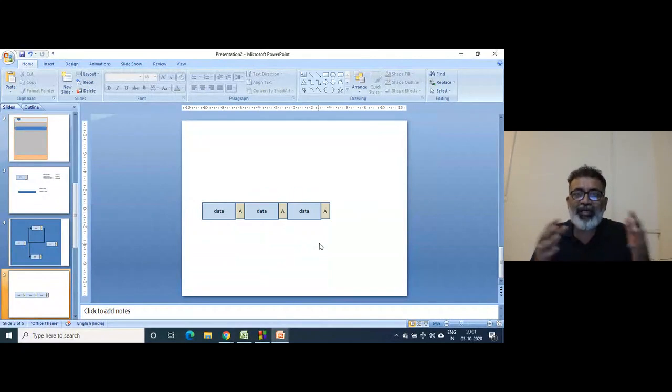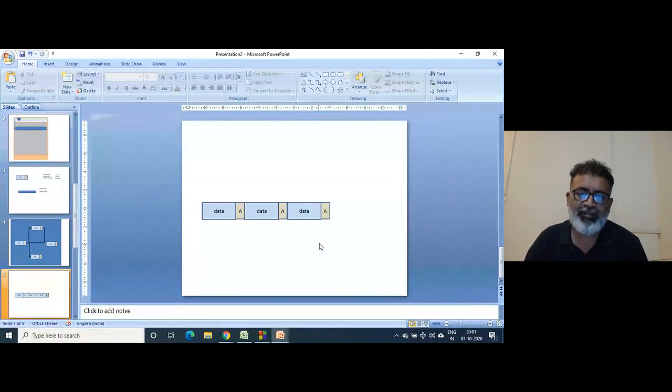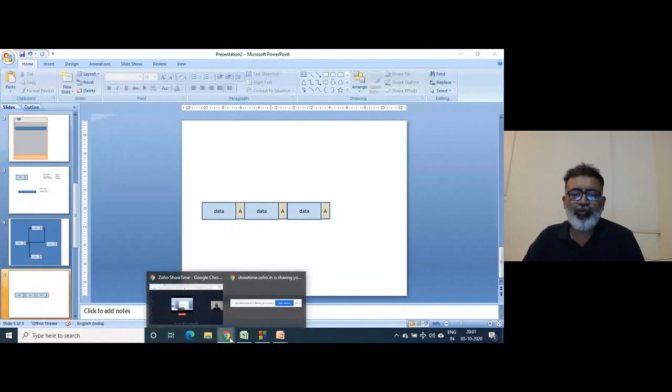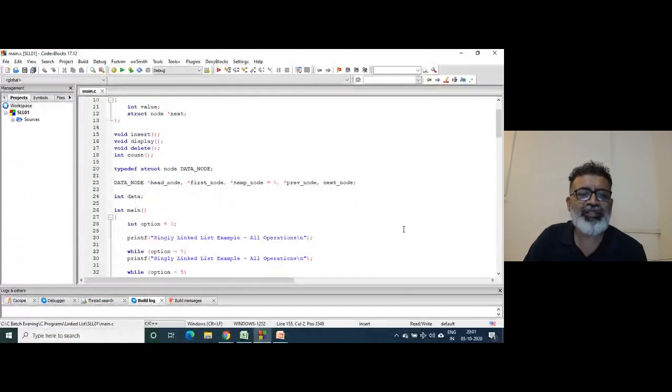This is how pages are managed. This is how files on computers are managed. This is how everything is managed in this world. Not only linked lists, a variety of data structures are there, but this is how memory allocation and deallocation work. Whatever program I have written is some finer version of this program.